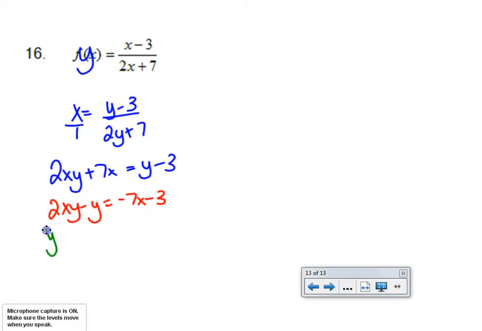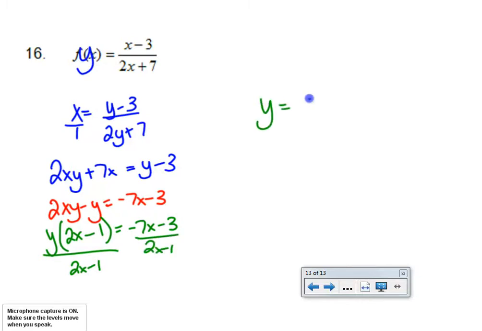I'm going to go ahead and factor the y out. Now 2x is left minus 1. And it doesn't really say how they want your answer, so I would accept the answer of negative 7x minus 3 over 2x minus 1. But alternatively, sometimes on the ACT, they don't like the lead terms to be negative, so if you were to factor a negative out of this and get 7x plus 3 in the parentheses over 2x minus 1, that would